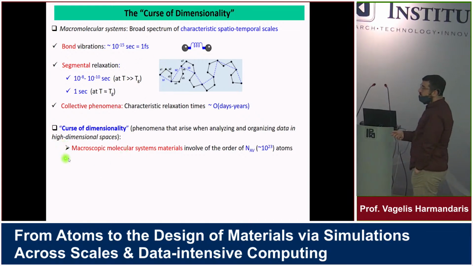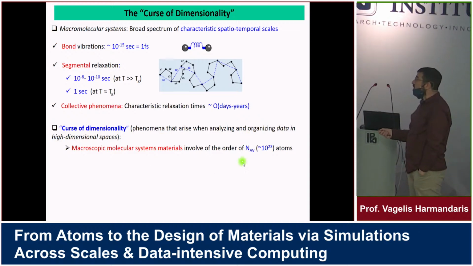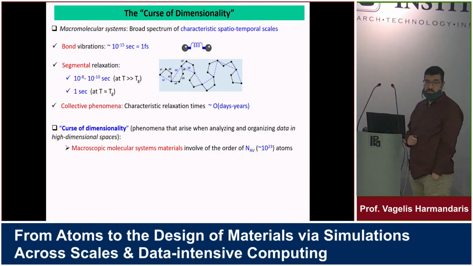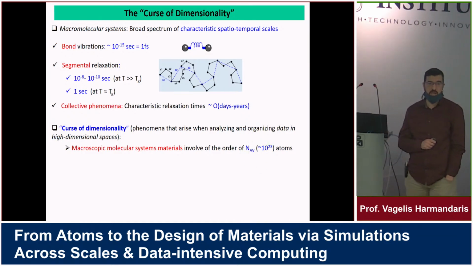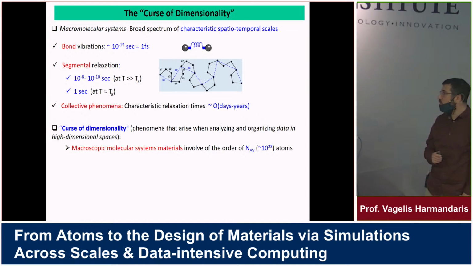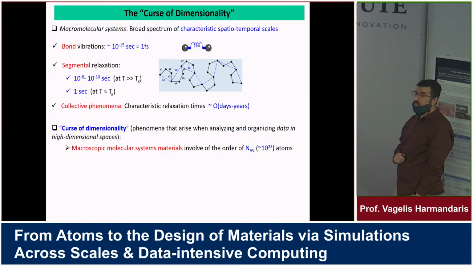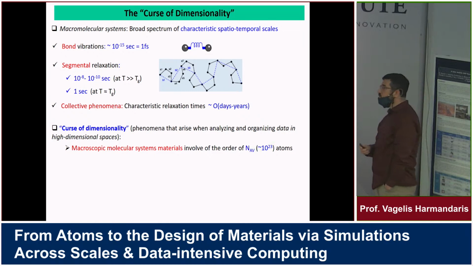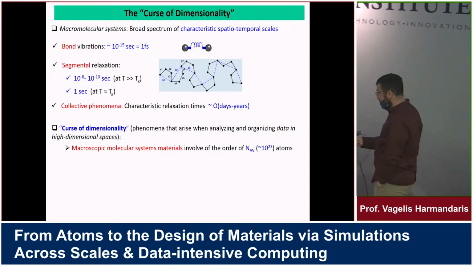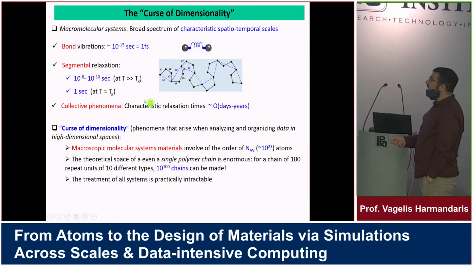First, because macroscopic systems involve of the order of 10 to the 23 atoms. This is the Avogadro number. It's the total number of atoms or molecules within a mole. So if you have 18 grams of water, this includes 10 to the 23 molecules of water. So it's impossible, of course, to simulate such numbers in a real system. And not only that, but if you assume now that this macromolecular chain consists of many repeat units, and let's say we have only a chain of 100,